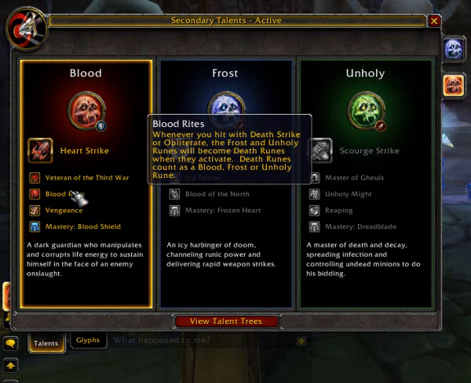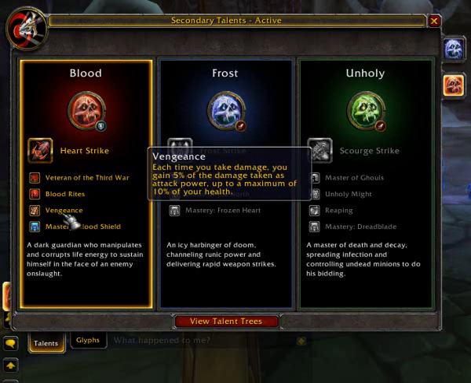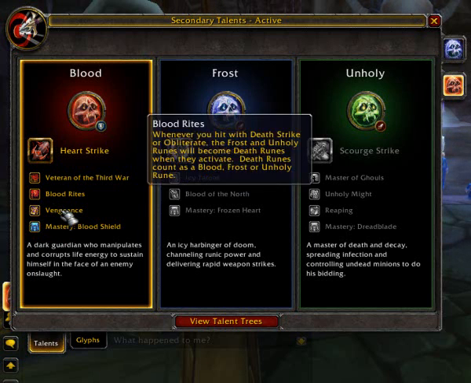I like that one. Blood Rights, every time you Death Strike or Obliterate, the runes used turn into a death rune. Pretty awesome, I know. Vengeance, every time you take damage, you gain 5% of the damage taken as attack power, up to 10% of your maximum health. That's pretty awesome. I don't have to explain it. It's kind of self-explanatory. Thank you, Blizzard, for actually making it